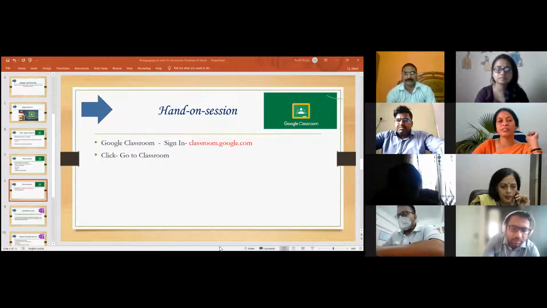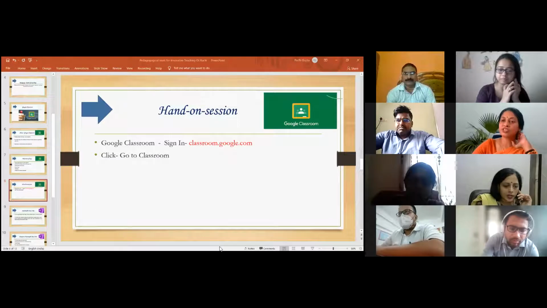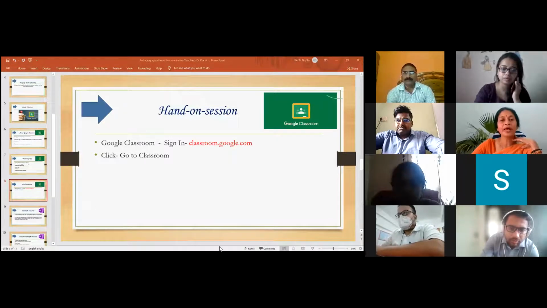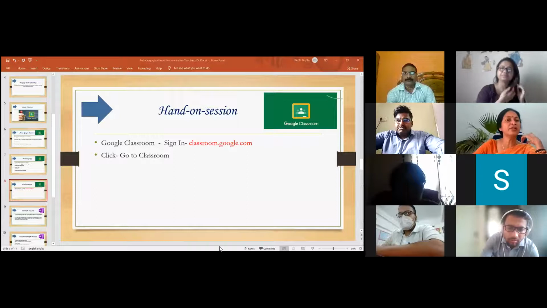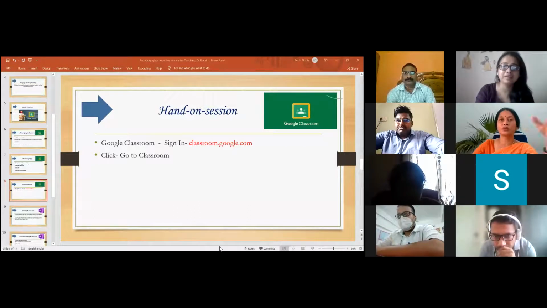The gray ones have not accepted the invitation, and the black ones, all the students, have accepted the invitation to join the Google Classroom, and they all are sharing the contents. Now, see the great parts. I'll tell you how things are. See, this sheet is automatically generated, in which you can always set the marks out of 100 or however many marks you want. So this is what I wanted to tell you, the outlook of the Google Classroom.